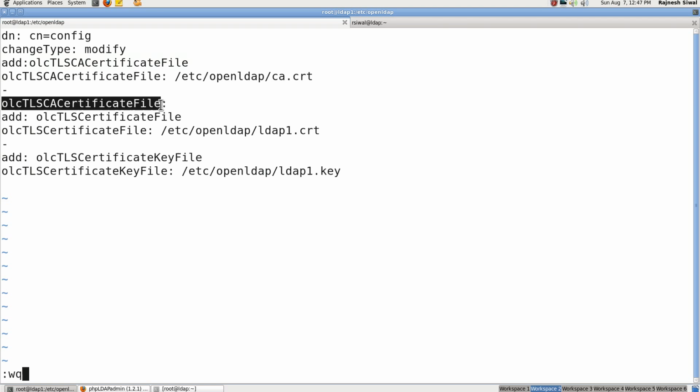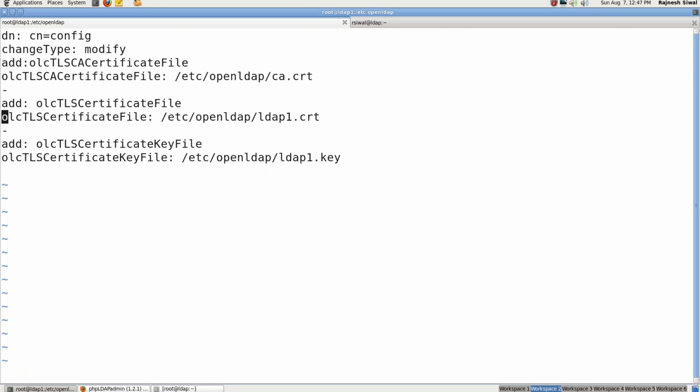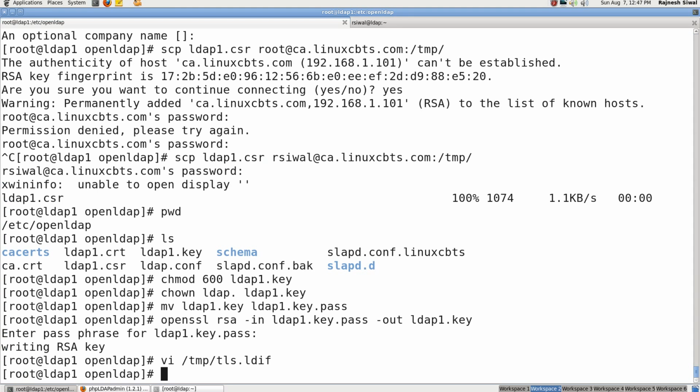The certificate file attribute should not be there, so we are adding one more attribute, certificate file, with the path of the certificate file, and certificate key file with the path of the key file. We are right on it.